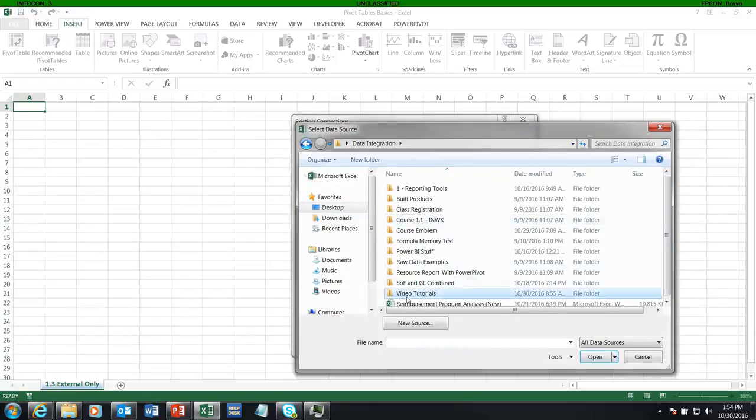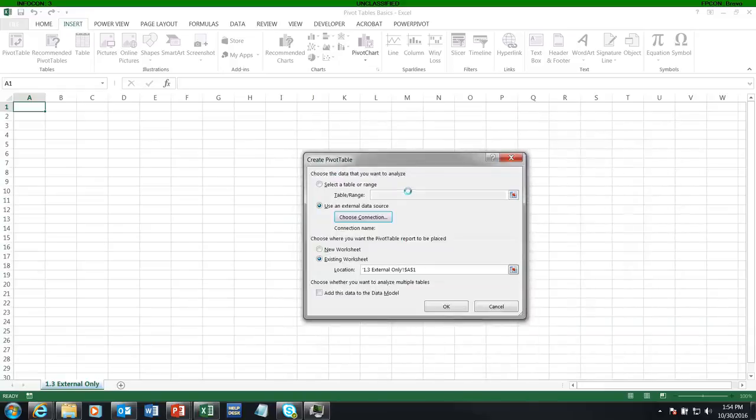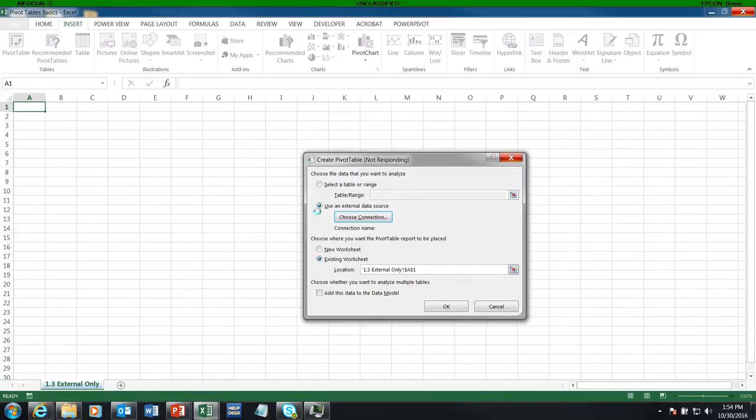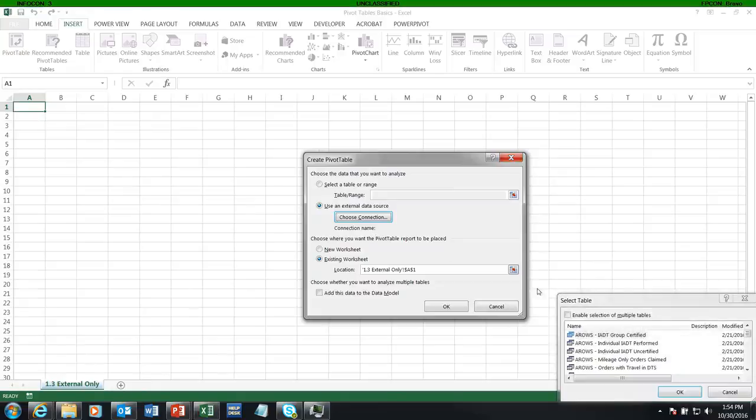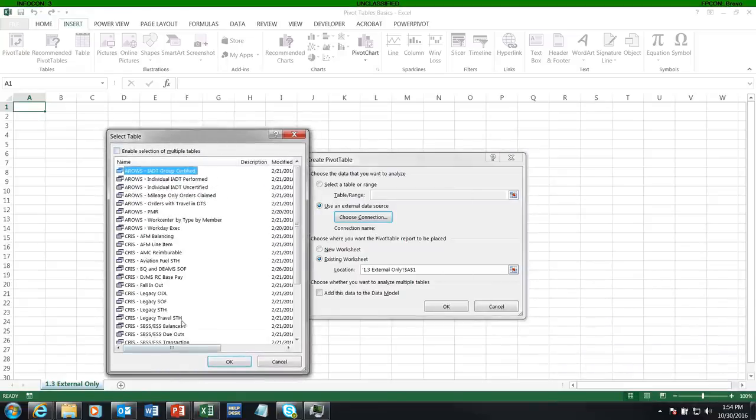Data integration, video tutorials, Excel pivot tables. Back into this Access database. Now one thing to note while this is thinking: once I do an external data connection, this won't be an option, so I can't then pull in the data to my table and then reconnect the pivot to the existing data, one next to another. If I create an external data connection as I just did here, let me go ahead and find another one that is,